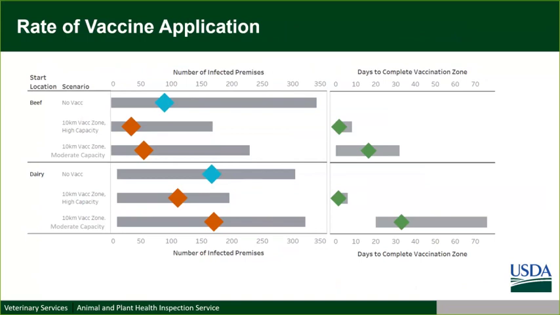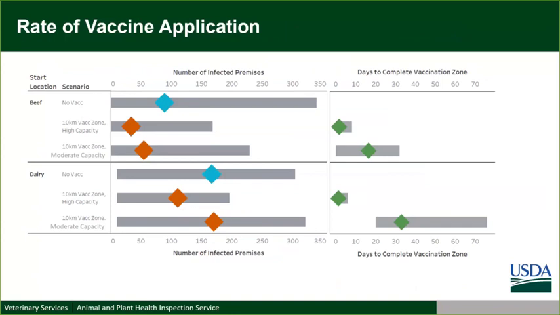So this is showing, just looking at beef and dairy, a comparison of a high-capacity vaccination strategy. So again, you're vaccinating upwards of 50,000-plus animals, or getting 50,000-plus doses out to areas within a day. At high capacity, you can have smaller outbreaks, but you can also have smaller outbreaks at that moderate capacity, so being able to sustain about 20,000 doses per day. And really what that means is knowing how many animals might be within a vaccination zone and being able to complete those zones, so not having delays.